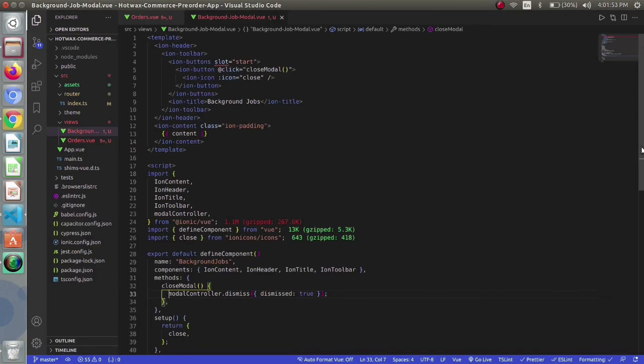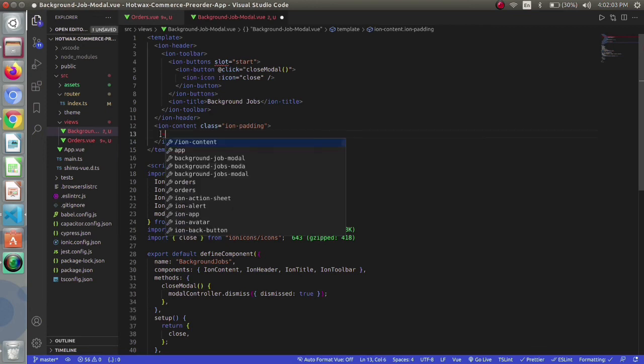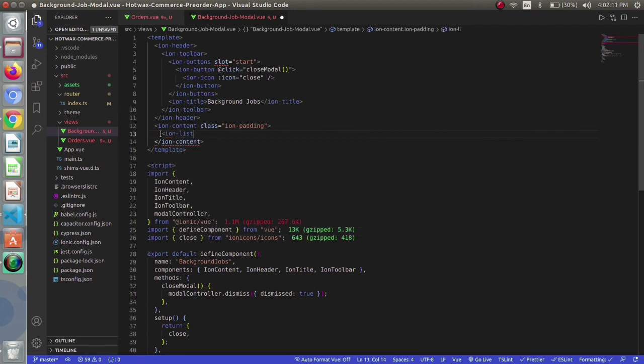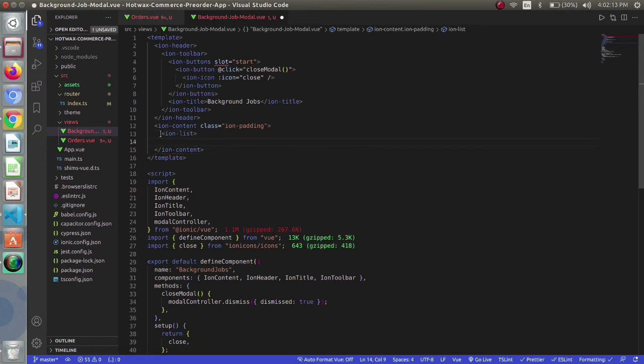We can customize the modal according to our requirement. This is just the usage I have shown. You can write anywhere in the content whatever you want. I just want a list of active jobs, so I will be using IonList for creating a list of active jobs, and we'll simply use some job 1, job 2 or job 3 items over here.